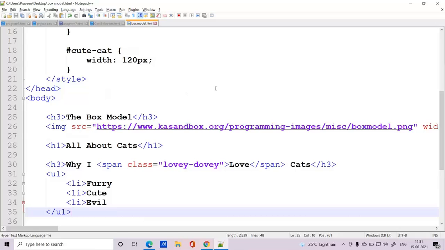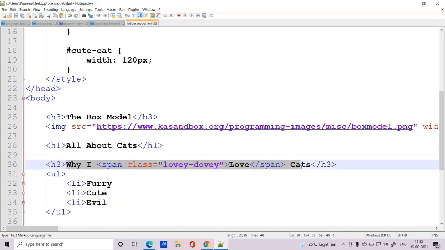So if I want to apply styles within any tag, h3 is a tag element, and in that element if I want to apply style to only part of that sentence or part of that word, in that case I'll be using the tag called the span tag. Within inline, if you want to apply some styles to only one word or two words, we'll be using the span tag.